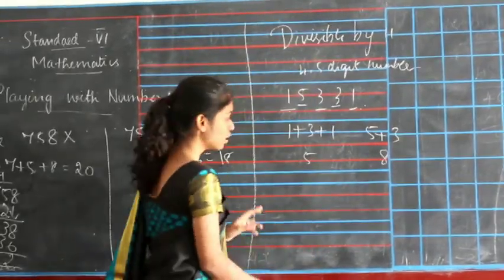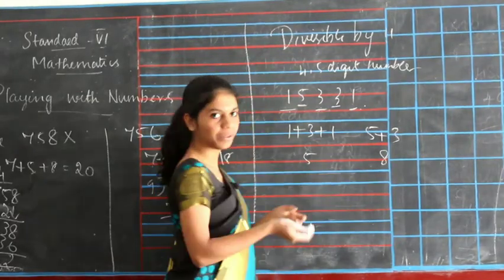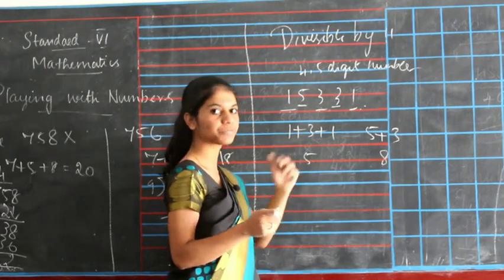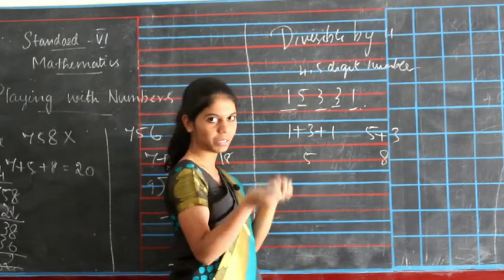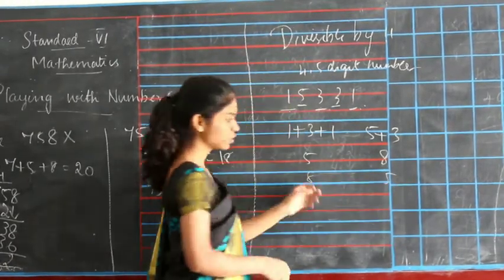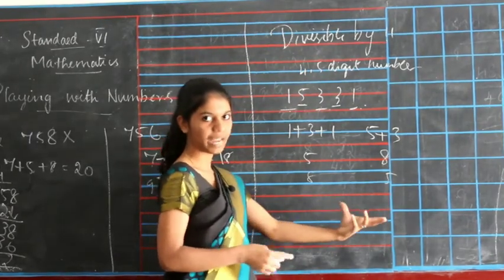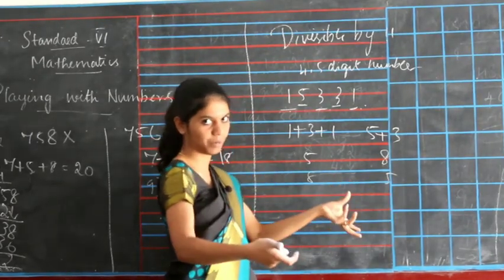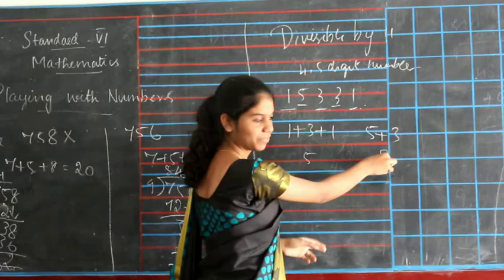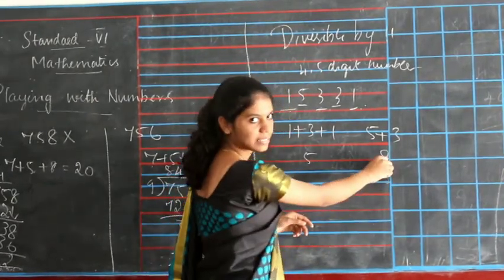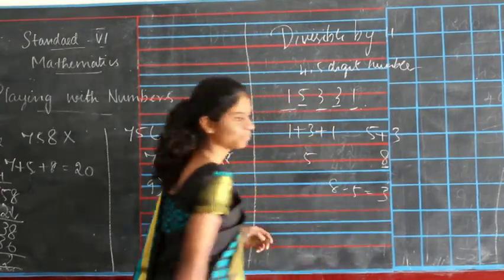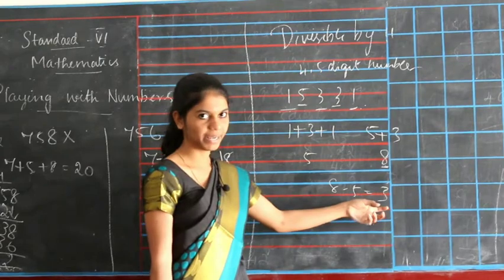Right? Now what you have to do is find the difference. Difference is nothing but subtracting the smaller number from the larger number. It can be like, you can find 8 here and 5 here also. You just have to find the difference. Okay, that is what difference is. Now we are going to find the difference between them. 8 is the larger number. 8 minus 5 will give you 3. 3 cannot be divided by 11.